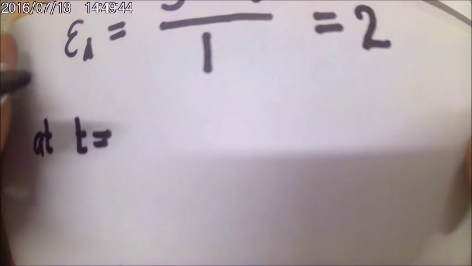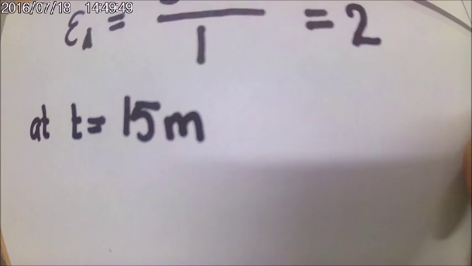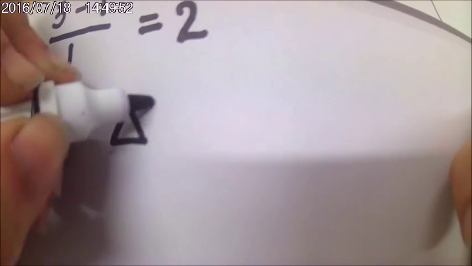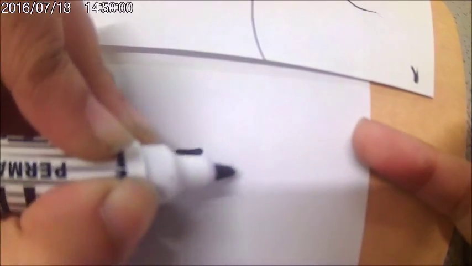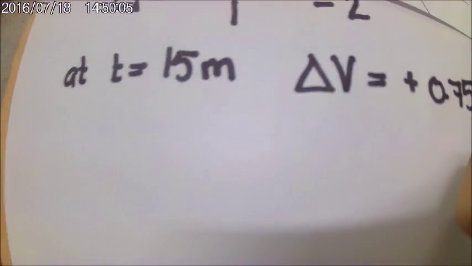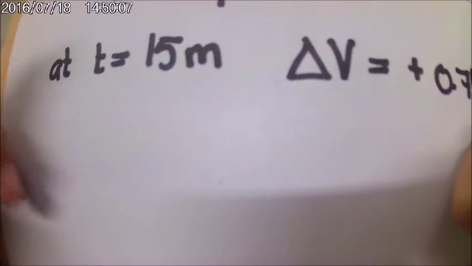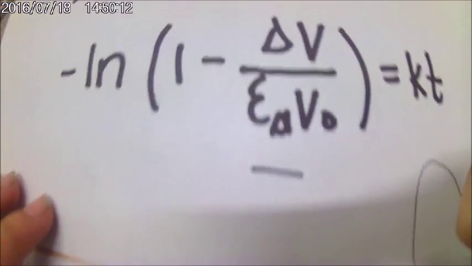So at T equal to 15 minutes, delta V is equal to plus 0.75 of V naught. Substituting these values into the equation we derived,